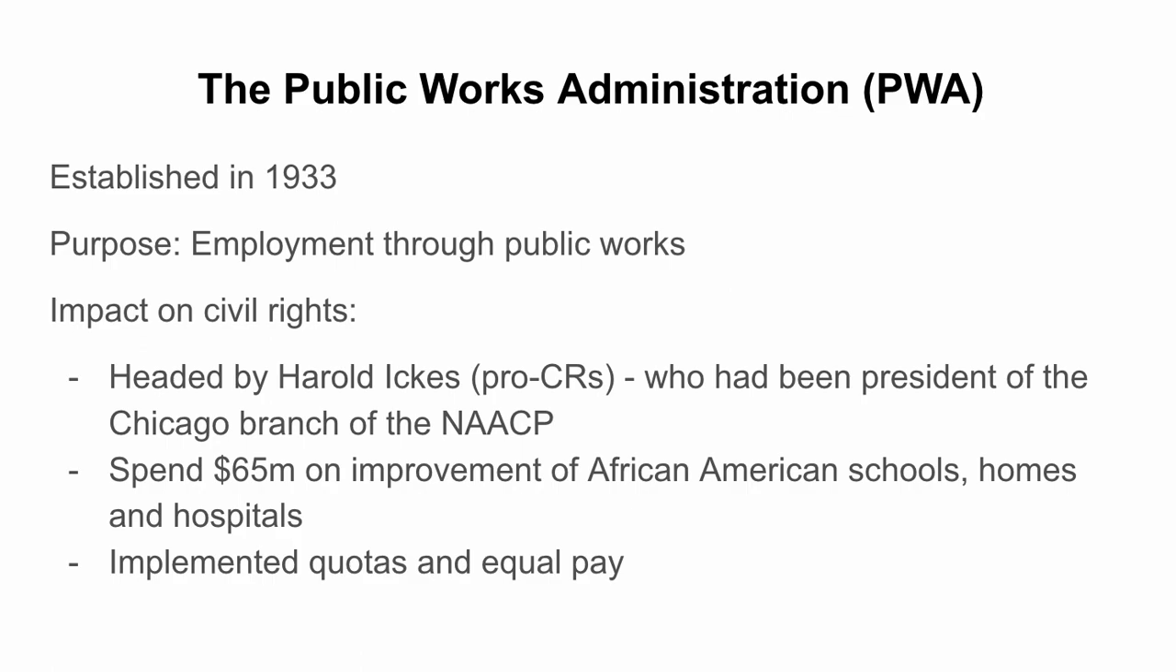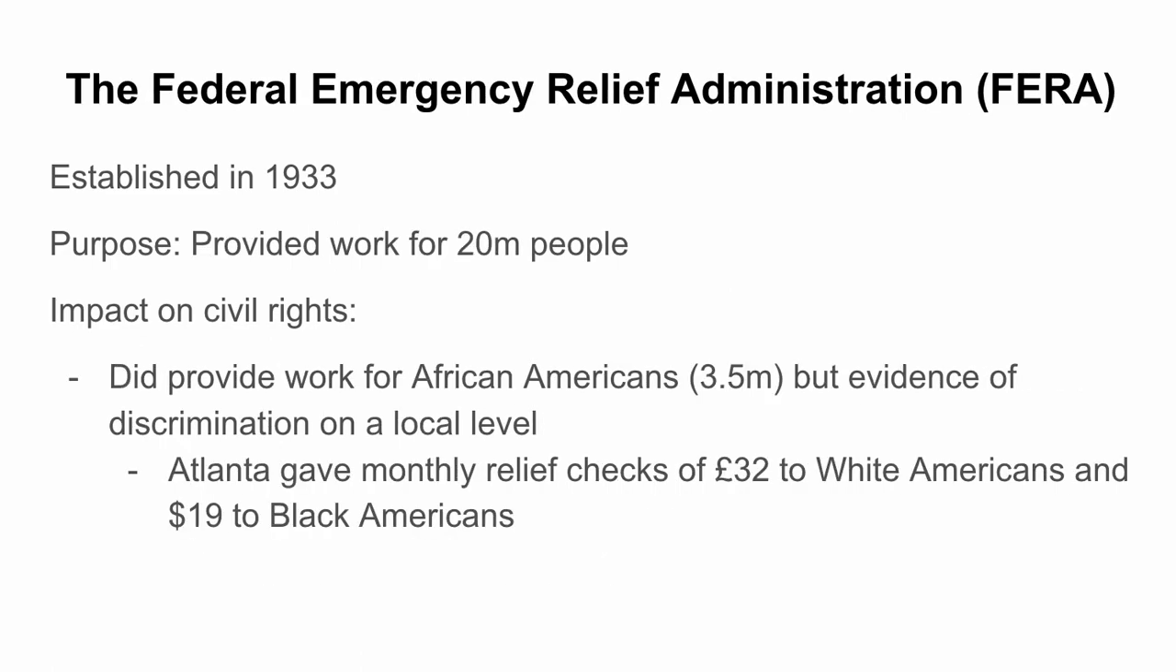It spent $65 million on the improvement of African American schools, homes, and hospitals, and used quotas and equal pay. So much more positive impact on African American civil rights and particularly economic and social issues, as I said. The next one is